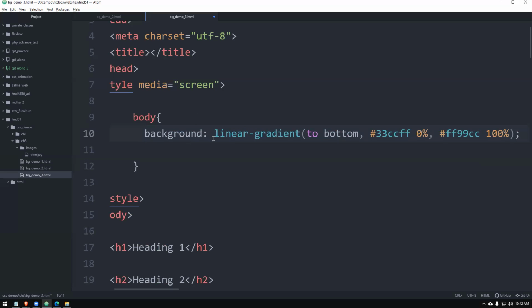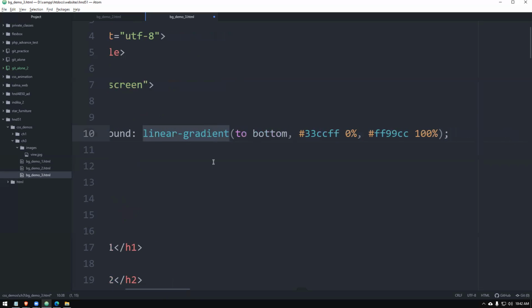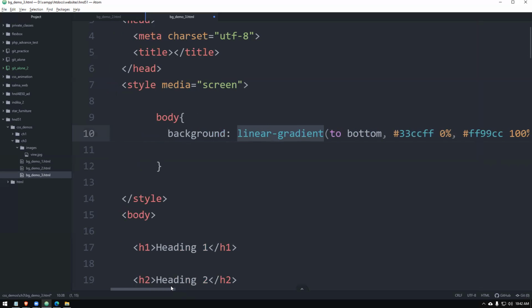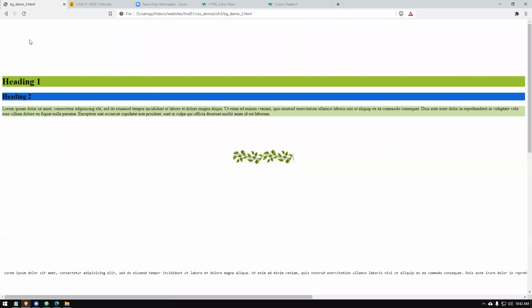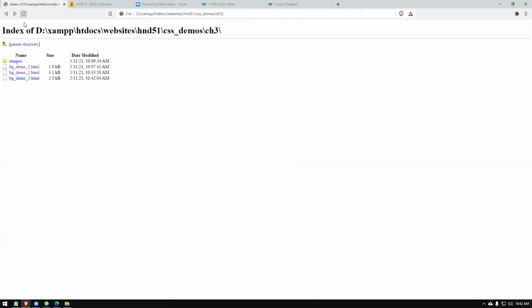It says background colon, you say linear gradient. You give to bottom, to left, to right, you can give. Then all the things they have given, right? These values we can change. So let's refresh this.